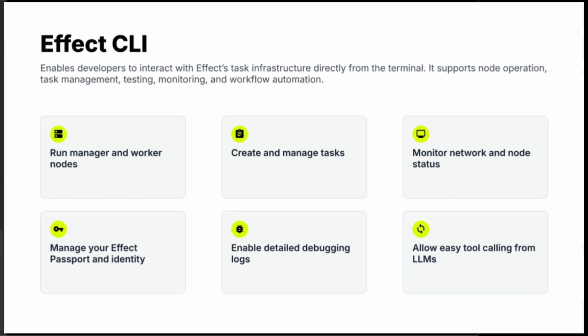Yeah, I can first maybe just highlight some things about the CLI. I think we've mentioned it before, but it's kind of an internal tool the team has been using, like when managing and running parts of the network. For example, running manager nodes, running these AI workers we just talked about. They're all background processes that connect on the peer-to-peer network that forms the AI network, the Effect AI network,